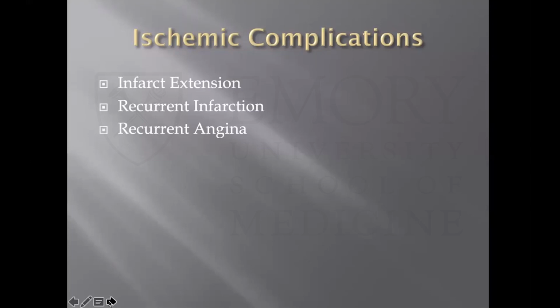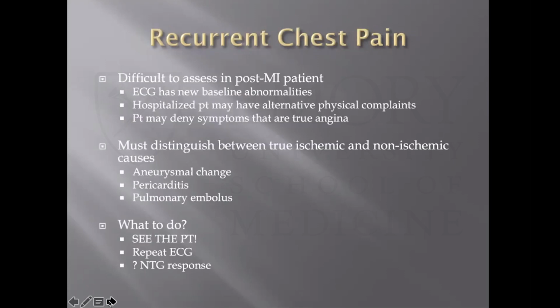Ischemic complications are what we'll go into first. Folks can come in with a primary MI, and this infarct can extend if there are further lesions, or if obviously the patient's not revascularized. Recurrent infarction can occur in several different ways. Recurrent angina, we'll talk about all of these. Recurrent chest pain is the bane of the cardiology fellow's existence and may wake you up at night when you're out in practice.